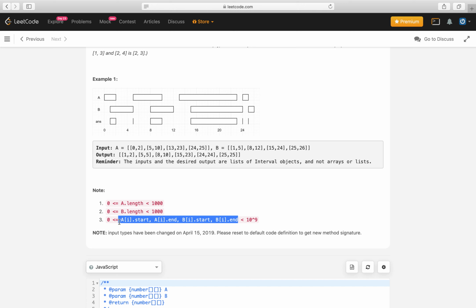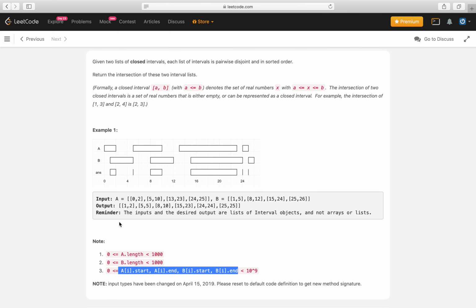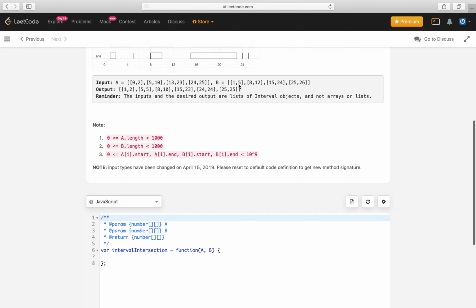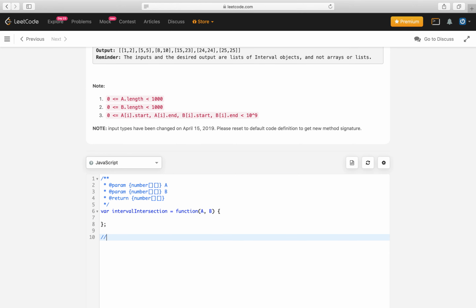Okay, let's start thinking about the problem. There are two key concepts here. The first concept is that we should know what disjoint means. For example, these are disjoint sets. 4 and 5 are disjoint because their intersection is an empty set. Between these two intervals we don't have anything in common, so these are disjoint.